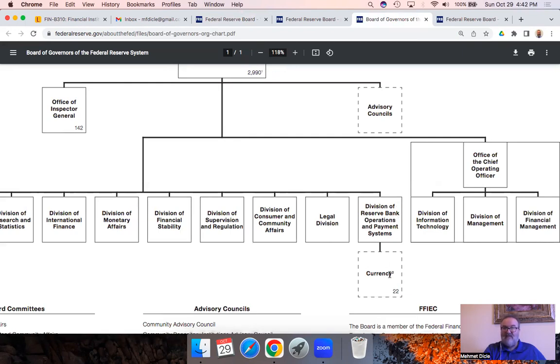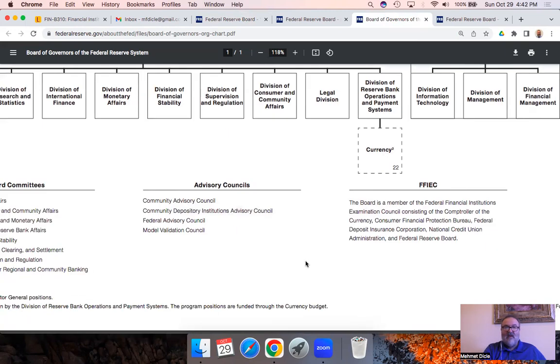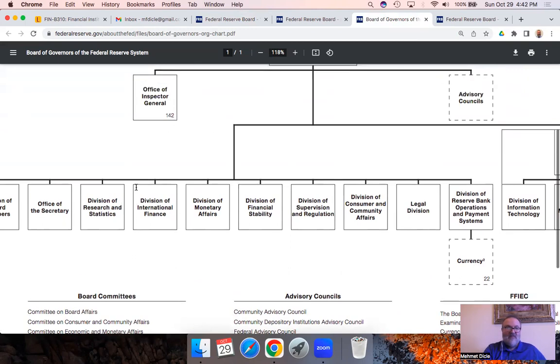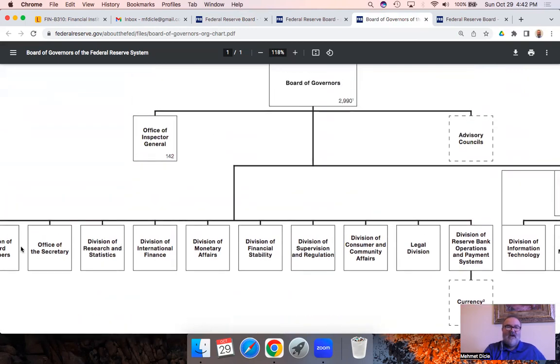And then you actually have the currency division. You have board committees, right? But before that, each and every one of these divisions are above the 12 banks,